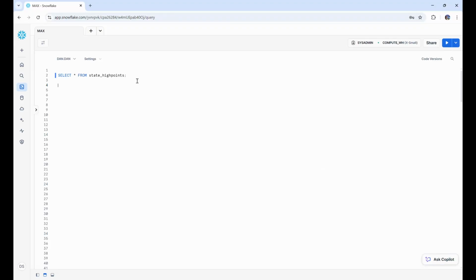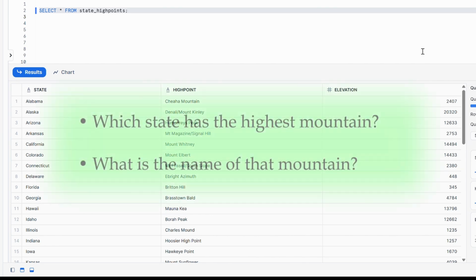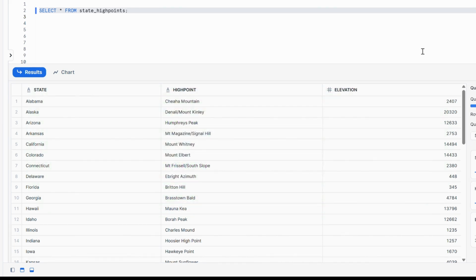So welcome in, and as I mentioned, today's episode I'm going to look at finding the highest value. To demonstrate this, I have a data set which consists of the 50 states and the highest mountain in each one of those 50 states. We're going to answer a couple of questions like, which state has the highest mountain, and what is the name of that mountain? And the analog for this type of analysis might be things that you would do very